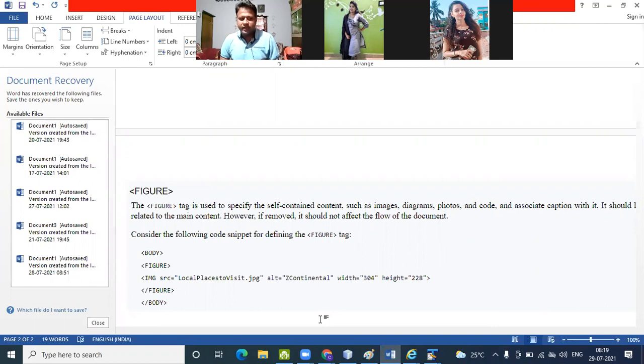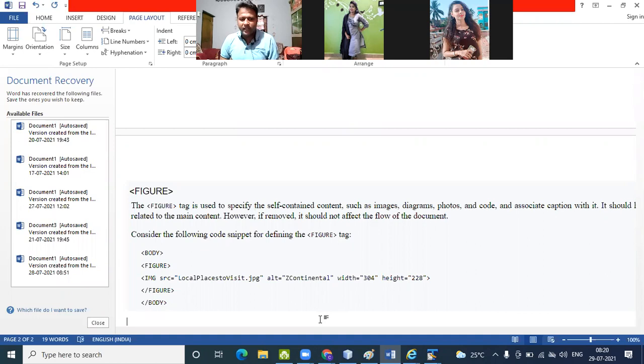In the figure tag, we use figcaption. The figcaption tag defines a caption for a figure. Like if you open Flipkart or Amazon, there are different product pictures and the caption is given in the lower part: what is the price and what is the description. That is called the figure caption.